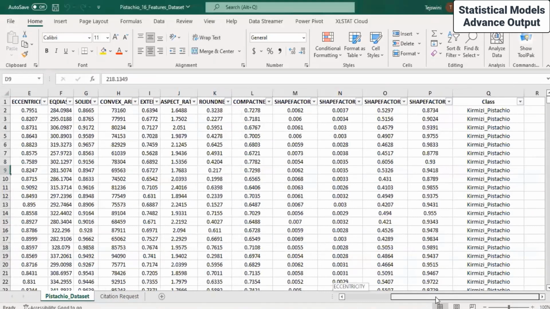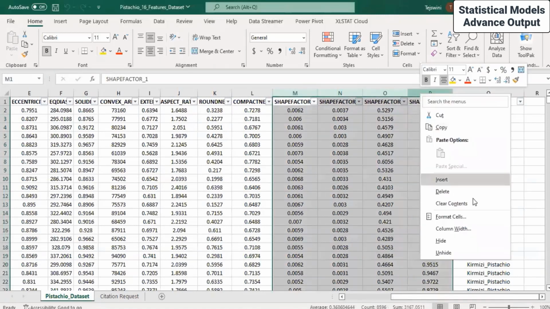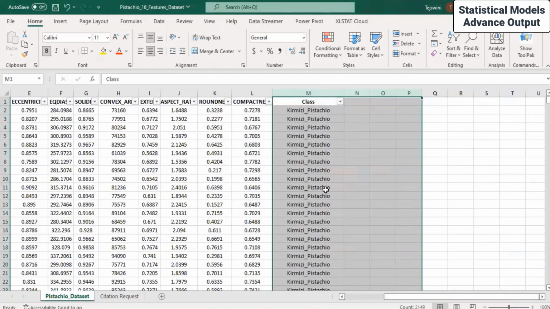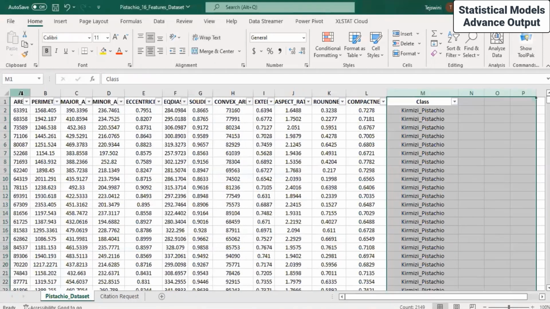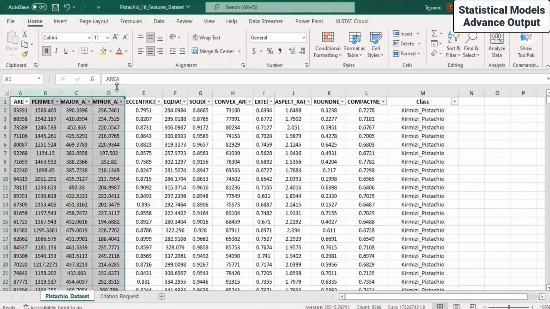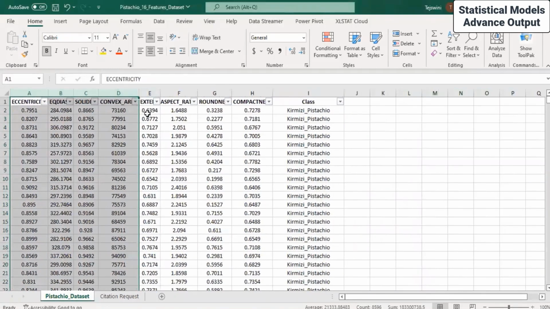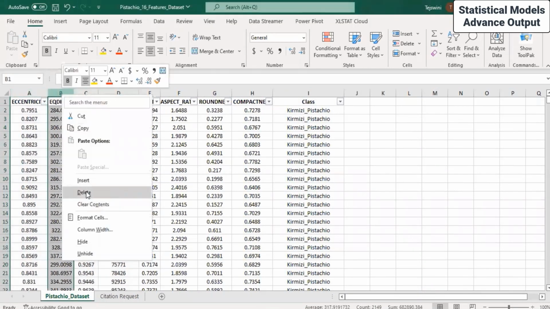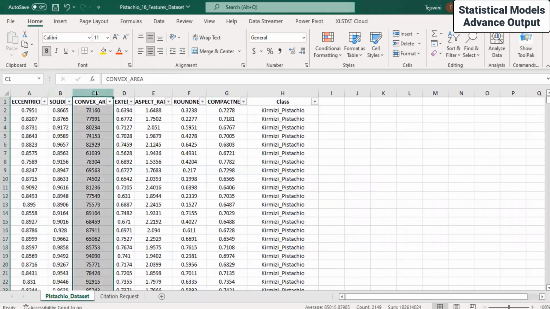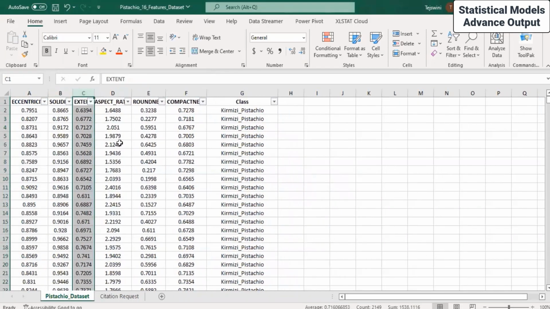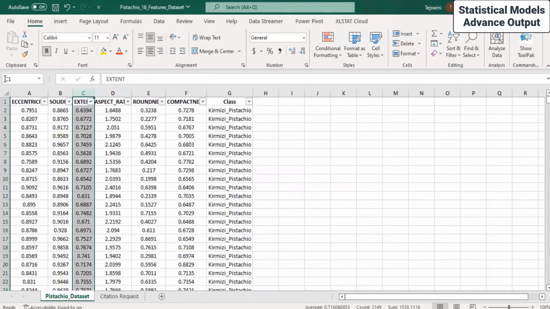That's the Kirimizi pistachio. That is a class of pistachio. You don't need the shape factors. I can delete it. What more do I need? The area parameter, minor, yeah, major, minor. I click delete. Can we have PDIS Q? No, I don't need that either. I'm retaining solidity, extent, and yes. So fine. Now 1, 2, 3, 4, 5, 6. 6 of these are